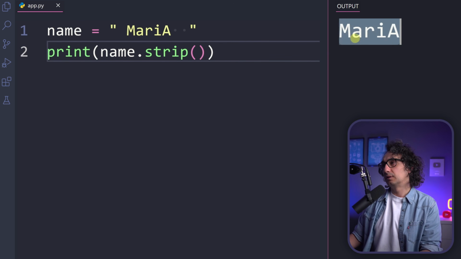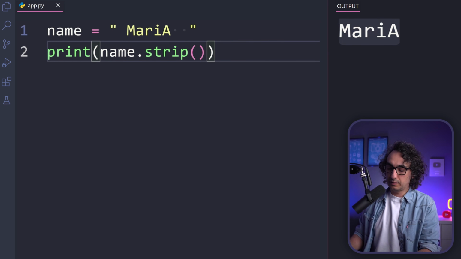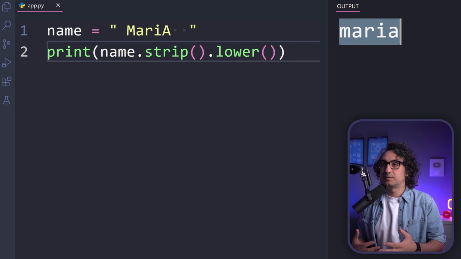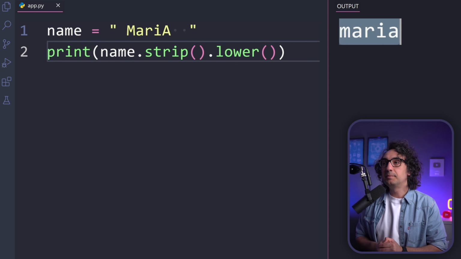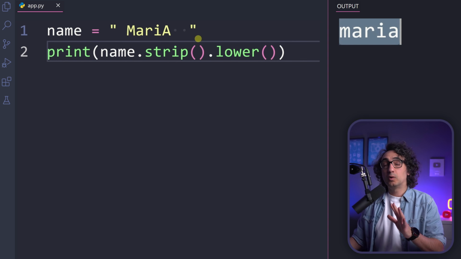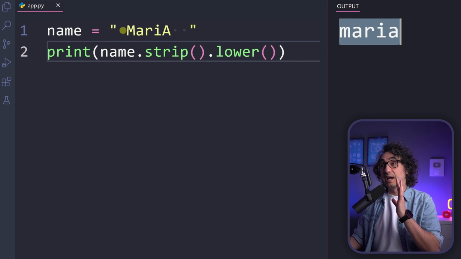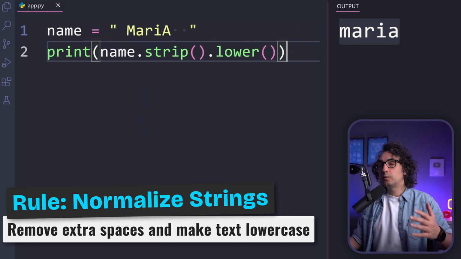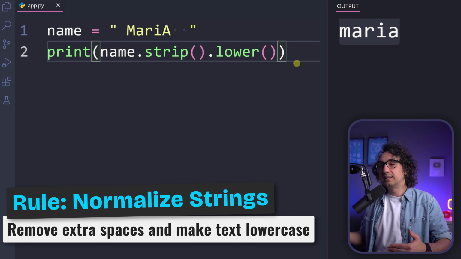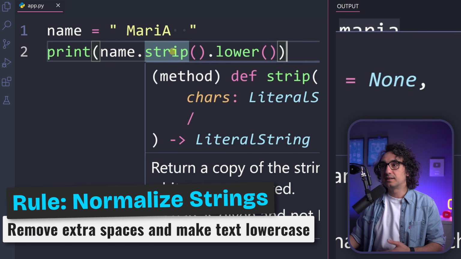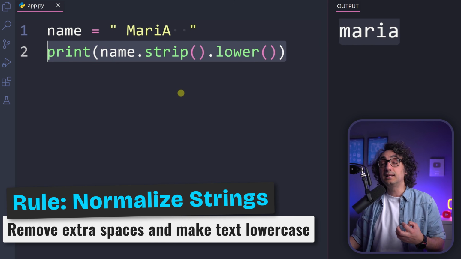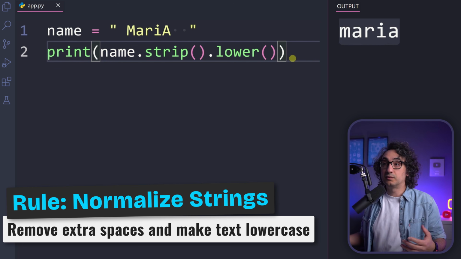And the second step, we want to deal with the cases. So I'm going to go with the lower case. So lower, and then execute. Now look at this, the name is processed and clean. With that, we are doing some data transformations and cleanup. But now let's say that in our project, the text always comes like this. We have spaces, we have weird cases, and this rule, I'm going to apply over and over. So instead of repeating the same steps over and over, strip and then lower, I can put this rule, this logic, inside a function. I have it once and I can use it whenever I want.